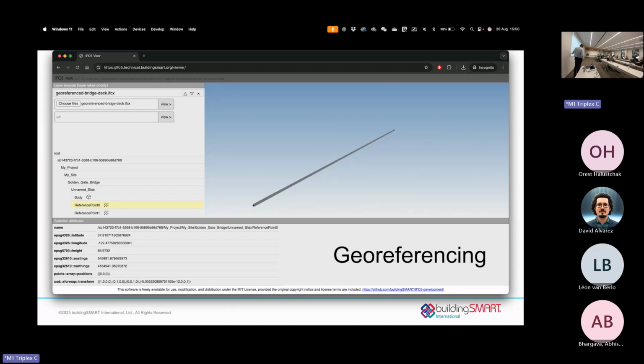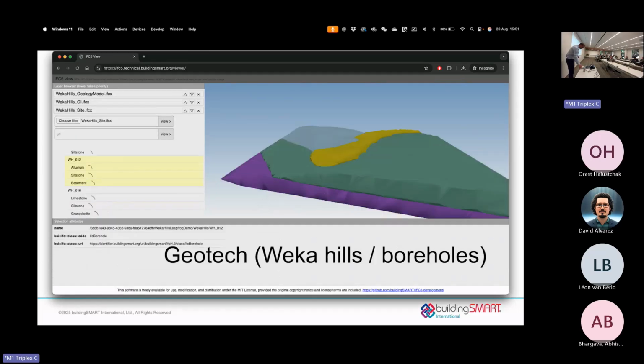It also has this transform and position. The position is just to show a point in the viewer, so this has nothing to do with the georeferencing. You can ignore it. It's just for the visualization. But the transform basically says this point is transformed from the 0 point of the slab to the middle, and then the EPSG codes say this is where this point is in different coordinate reference systems. That's really all you need. So if you do that for 2 points, you know where those points are on a map, and you can